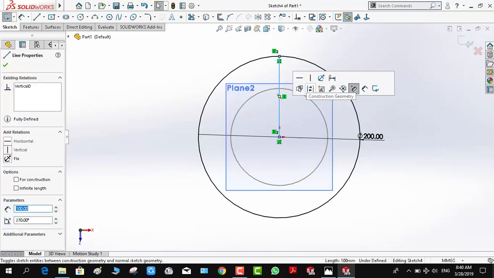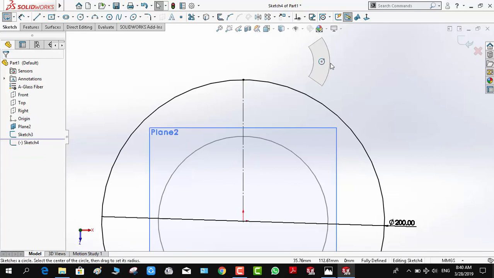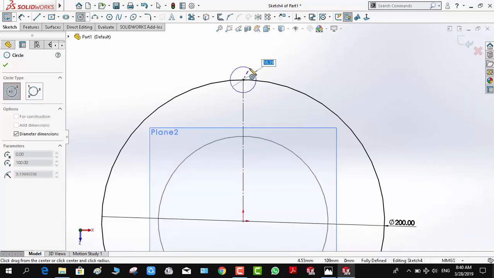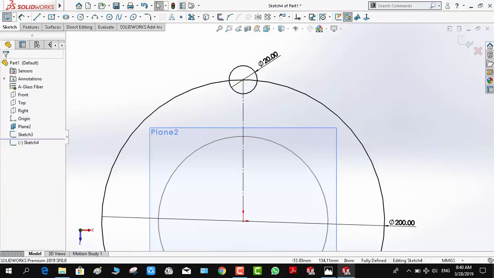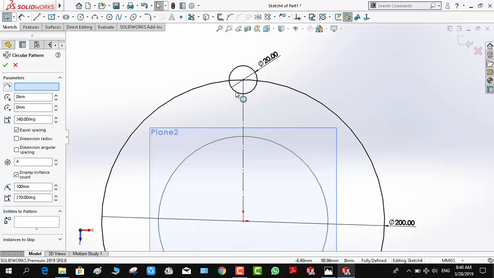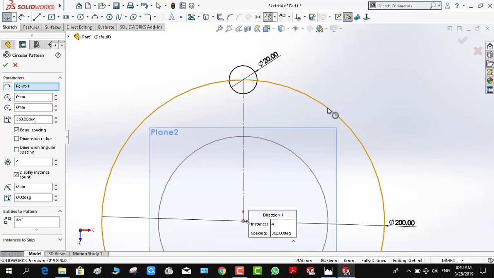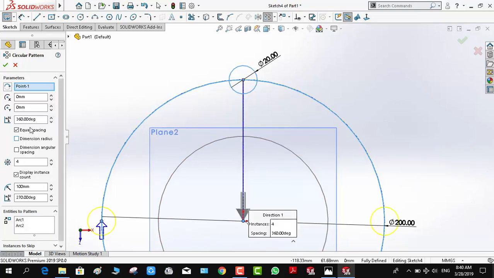convert it to construction geometry, and make a circle which may be 20. And make a circular pattern from that circle, about that circle, in a degree which may be 45 degree, and increase circles maybe like that, make that 20